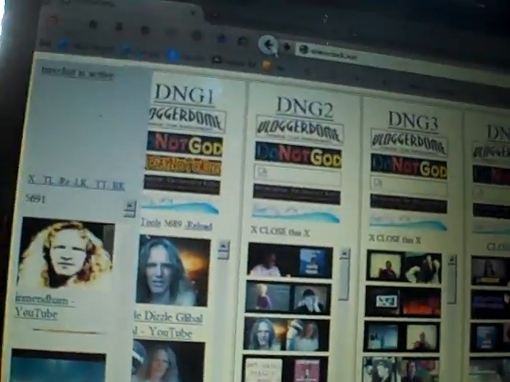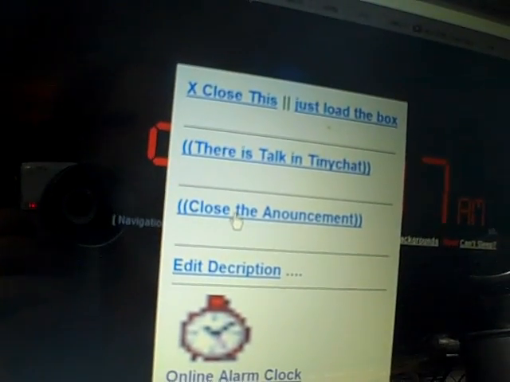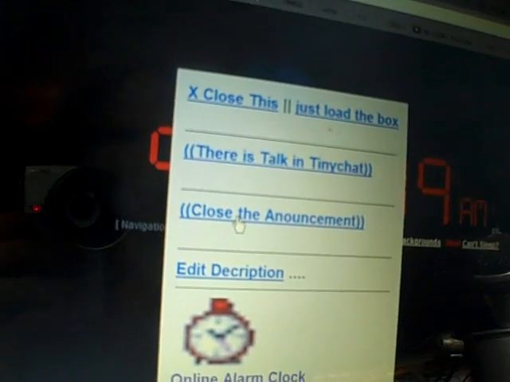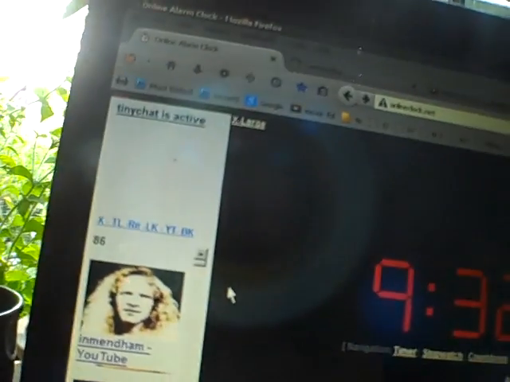But so when you have Grease Monkey on, and you have this as a user script, and you go to a site like Online Clock, see, it shows up right away. I mean, it doesn't show up right away, but it loads when tinychat is active. And when tinychat will be deactivated, like just by hitting the deactivate, close this announcement. And closed, come on. It should disappear by itself.